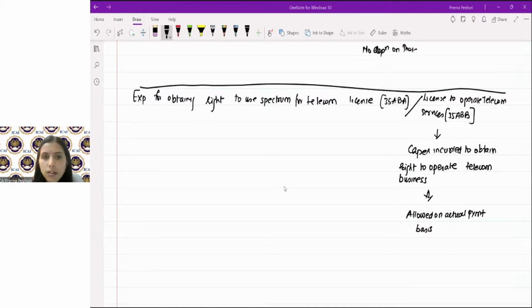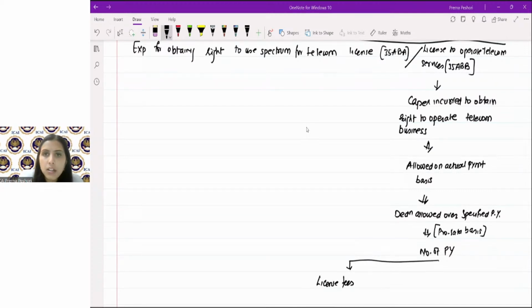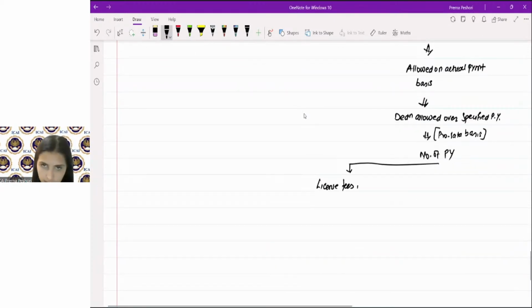And how will the deduction be allowed? The deduction will be allowed over specified previous years. So how will you give the expenditure? This is on the pro rata basis. How will you give the deduction of the expenditure? So the number of previous years: if the license fee is paid before the commencement of business, then